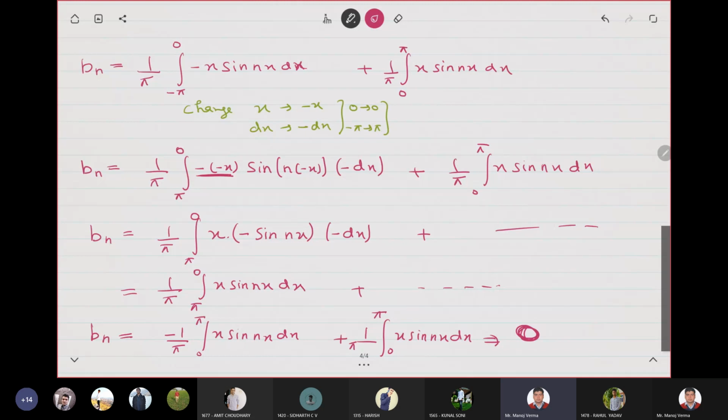Now in starting of this question, I have shown you graphically, you can see that function was an even function. And for even function, bn will always be 0. However, we have solved the value for bn and we came to know that the value of bn is coming to be 0. But if you explain in language that this function is an even function, there is no need to calculate the value of bn, then also it is fine.